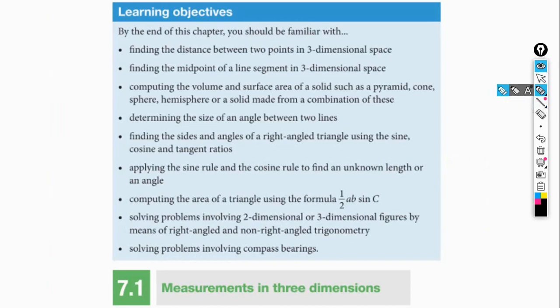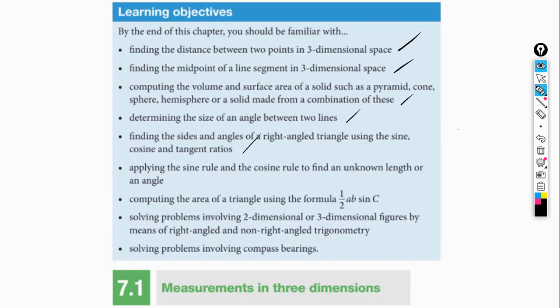By the end of this chapter, you should be familiar with finding the distance between 2 points in three-dimensional space, finding the midpoint of a line segment in three-dimensional space, computing the volume and surface area of a solid such as a pyramid, cone, sphere, hemisphere, or a solid made from the combination of these, determining the size of an angle between two lines, finding the sides and angles of a right-angled triangle using sine, cosine, and tangent ratios,